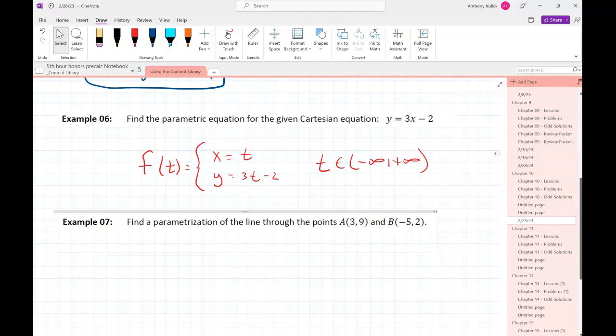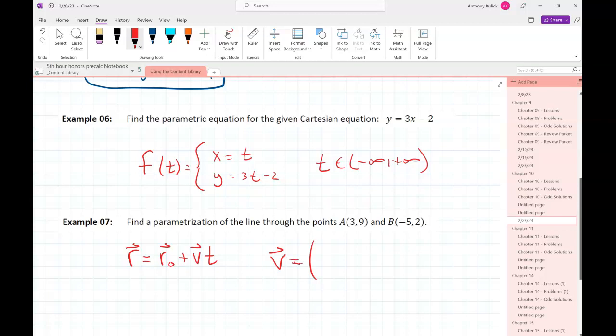Or we could do something else that I think is even easier. What I'm going to do is write my vector equation for a line. So remember, V is going to be the